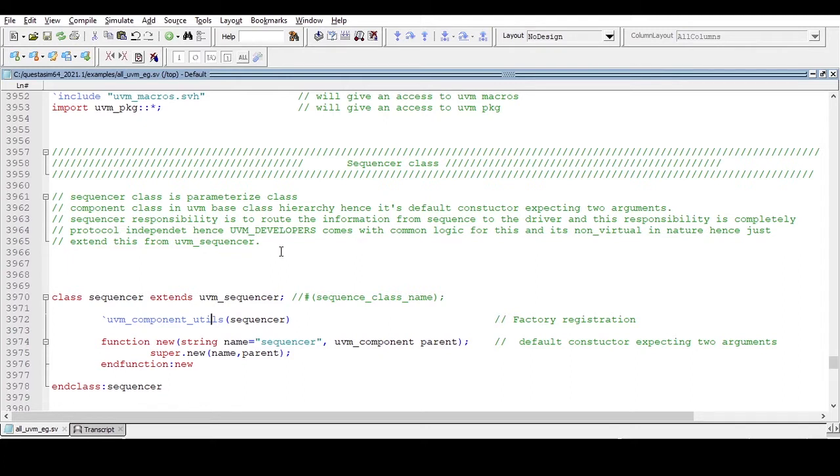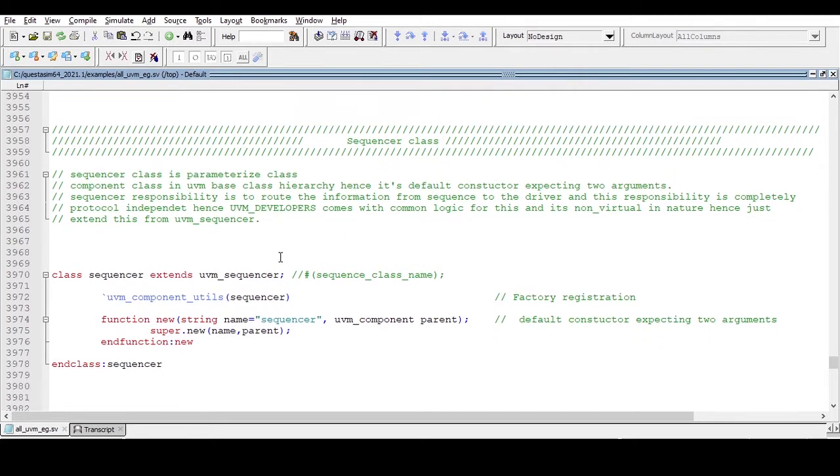It just takes information from the sequence and routes it to the driver, and this responsibility is completely protocol independent. If you are declaring a sequencer for, let's say, an asynchronous FIFO verification, or for USB verification, you will find that the sequencer code is